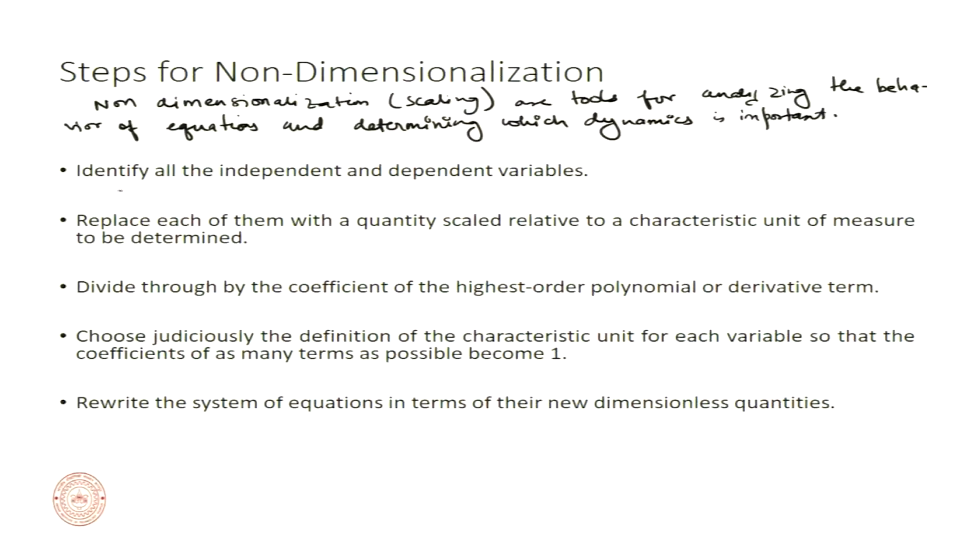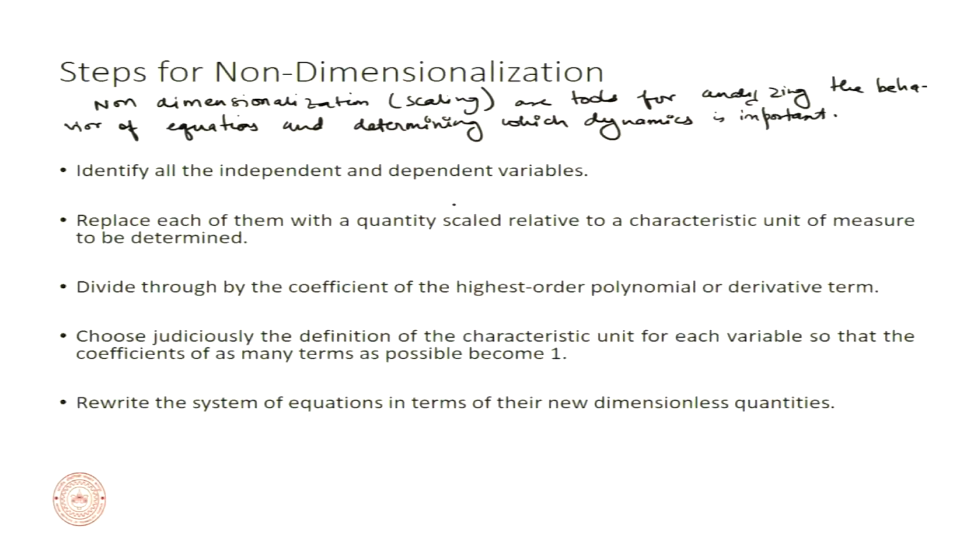We start by identifying all the independent and dependent variables in an equation. So we have a governing equation and we have its boundary conditions. We identify which variables are dependent and which are independent. We replace each of them with a quantity that is scaled relative to the characteristic unit of measure. So we will scale them mostly to a 0 to 1 scale. For example, we have a capacitor where the gap of the capacitor is d. If you are solving the capacitance and the effect of the electric field between these two plates, you will scale the x dimension by this thickness d, so that you can go from 0 to 1. So most of the scaling of these variables, dependent or independent, is done with the characteristic unit of measure of